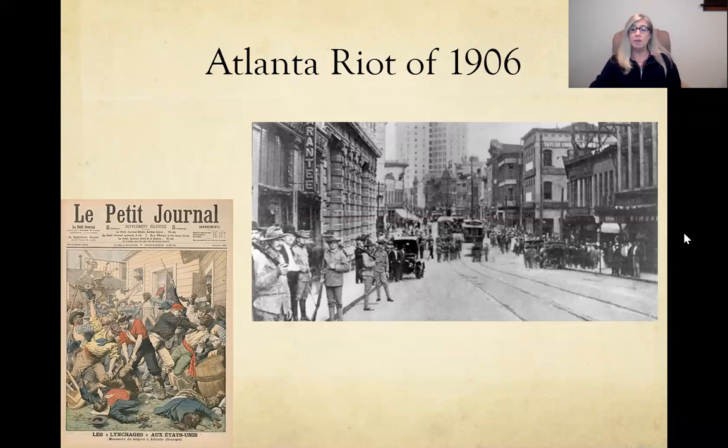Violence starts to erupt in some of the downtown areas, even including Atlanta. Atlanta by this point is a thriving urban area. There is also a growing upper class in the Black community in downtown Atlanta. At the turn of the century, Atlanta was one of the richest cities for Black Americans. And if you went down to Auburn Avenue, you had thriving businesses. Alonzo Herndon, one of the well-known Black businessmen in Atlanta, has this beautiful mansion in downtown. And there was this growing divide between the elite and the lower classes of African